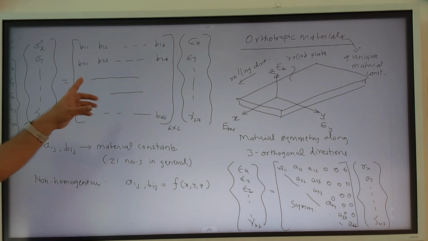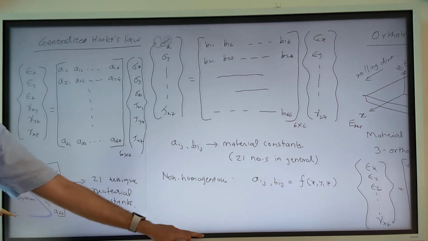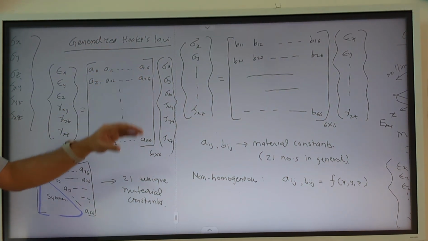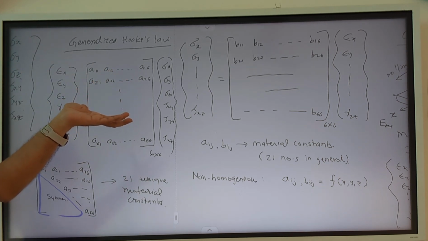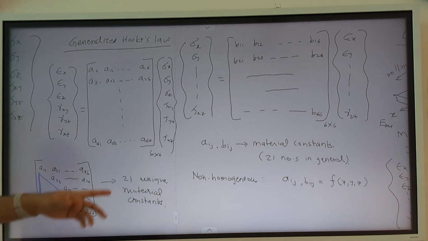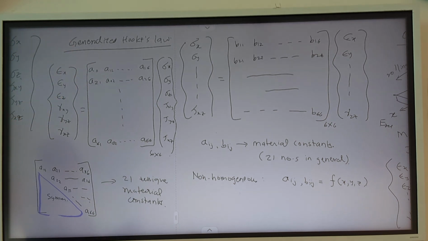And these constitutive equations, in order to define them properly, you require 21 unique constants. And these constants belong to a general material. And these laws are called the generalized Hooke law or the generalized constitutive equations. For the most simplified version of the material, that is the linear, elastic, isotropic and homogeneous material, you require simply 2 material constants in order to fully define the relation between stress and strain. So that is what you have been doing till now.